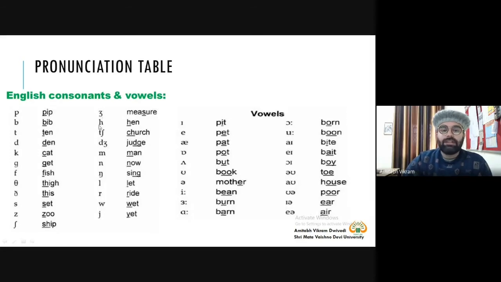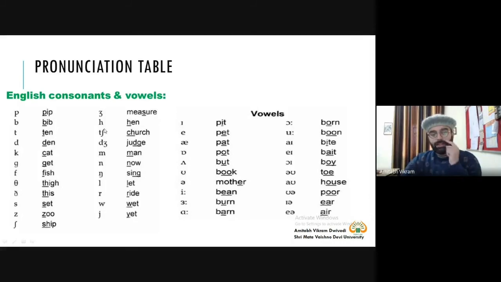Measure. Her. Hand. Church. Judge. Man. Now. Sing. Let. Ride. Wet. Yet. So now in the examination, I will also give you some certain words and I will underline that